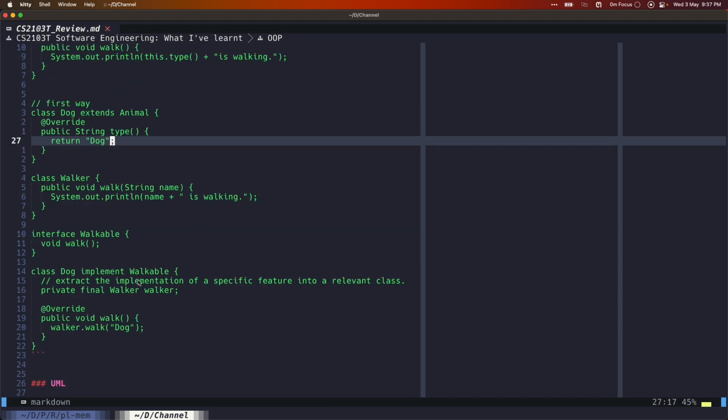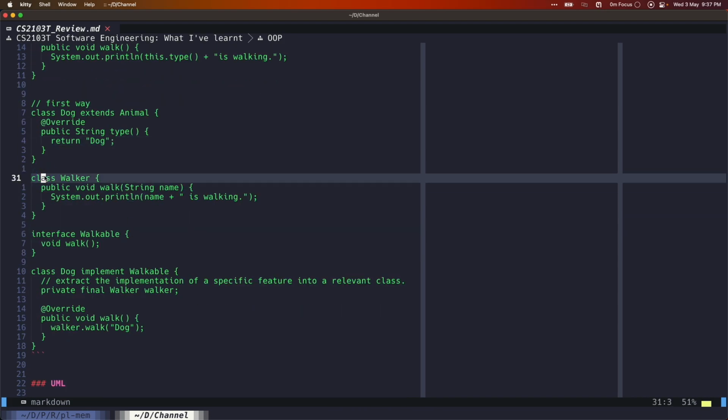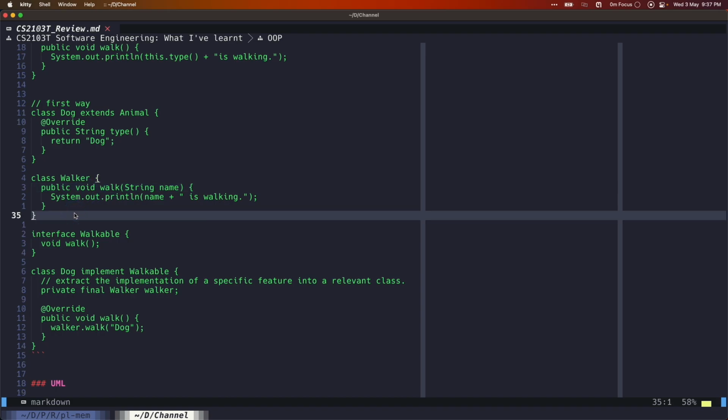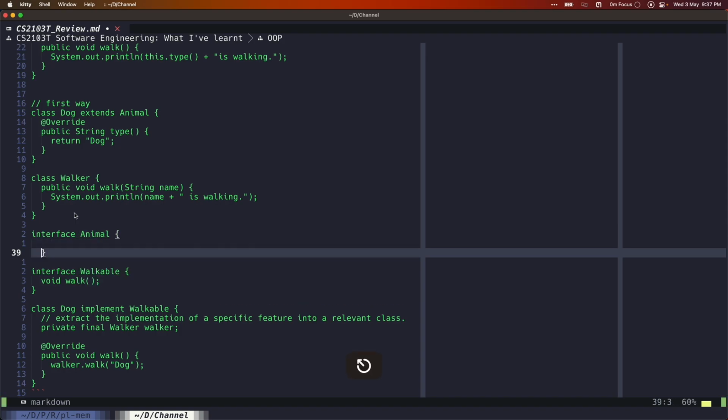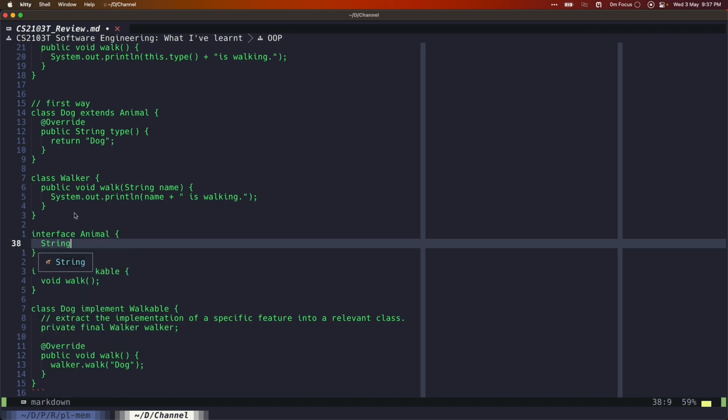And the alternative way is that we can define a utility class just outside here for now, and we'll call it Worker. And we'll define another interface. We'll just also use Animal, because animals will have a type, right? So this may not be a very good idea, but let's just do it this way.